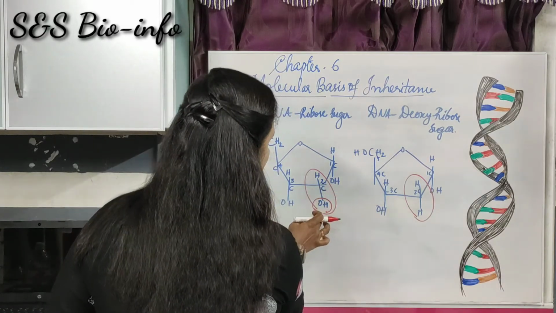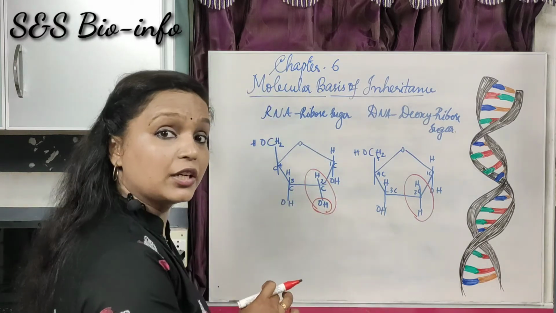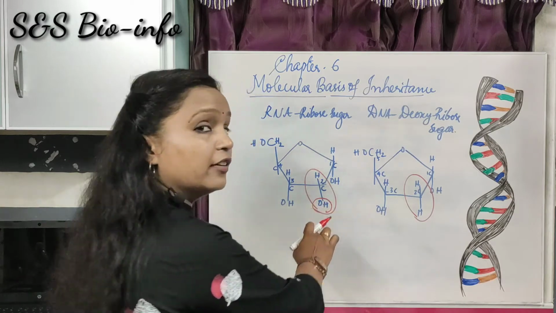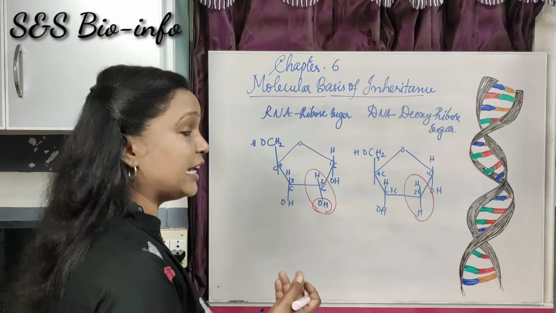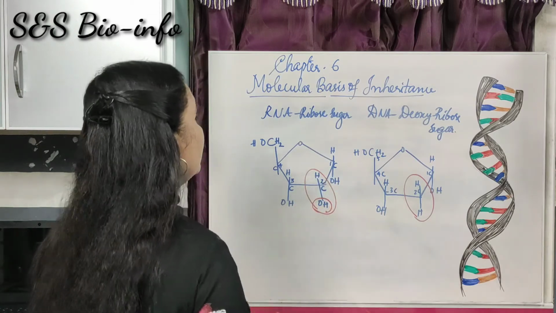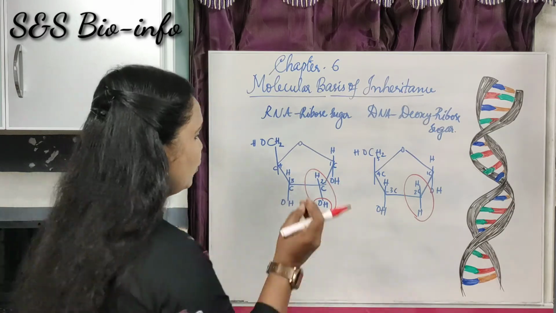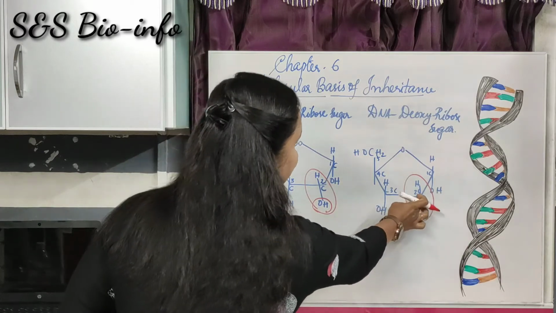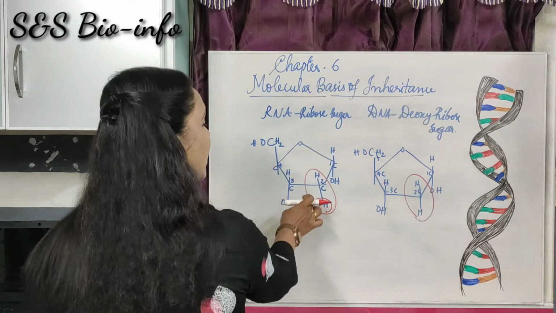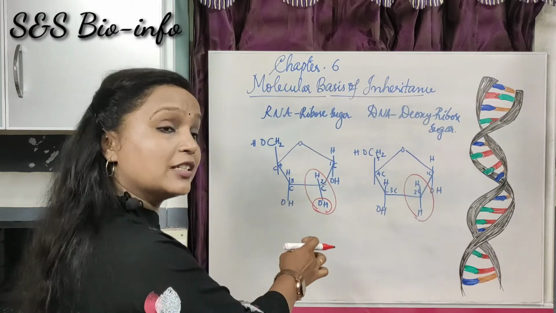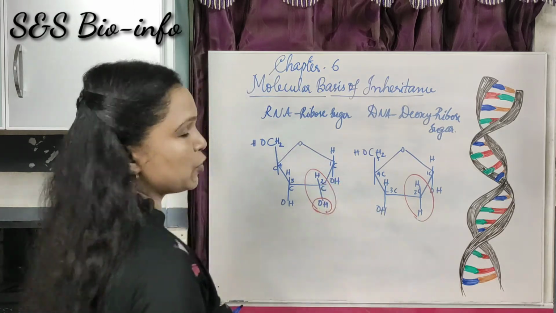In the second position, in the RNA, there is an OH group, this is a hydroxyl group. It is highly reactive. That's why RNA is more reactive or unstable than DNA. Later we will learn the differences and the similarities between RNA and DNA in detail. Now you have to keep it in your mind that the second carbon atom has only hydrogen atom in the DNA, while in the RNA there is an OH group which is highly reactive in nature. So this is the difference between the two types of pentose sugar.